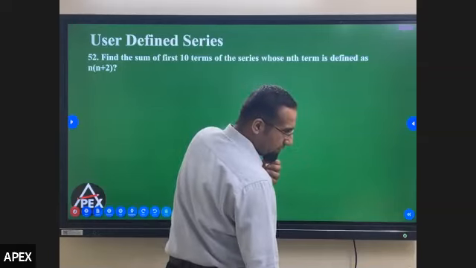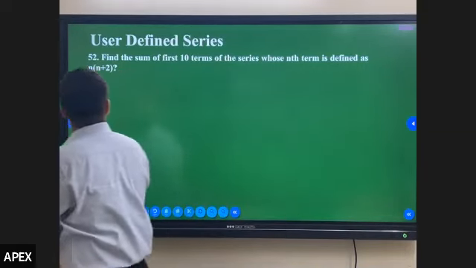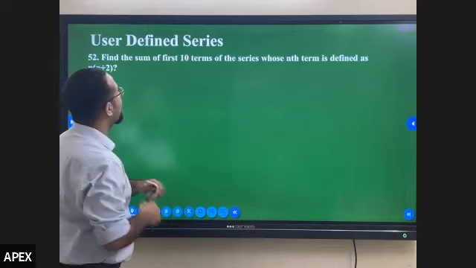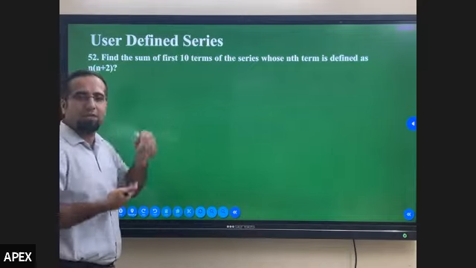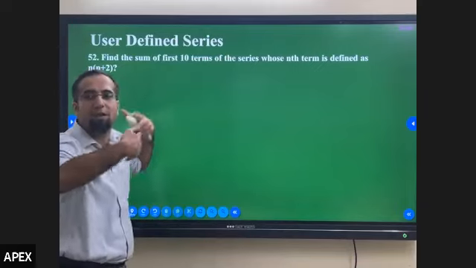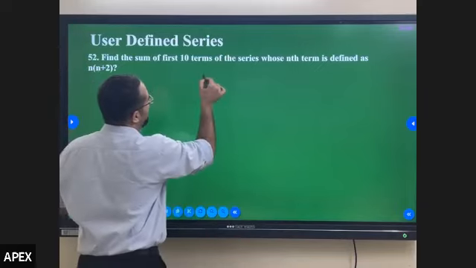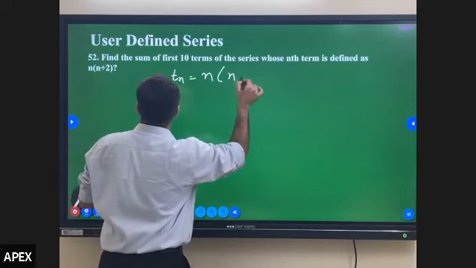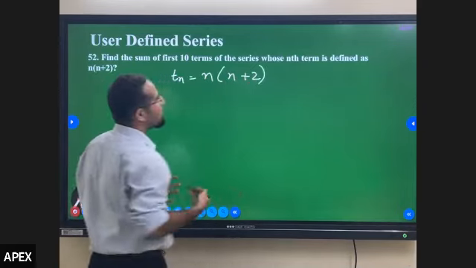User defined 756. Let's understand this. Whenever I have to calculate the sum of such a user defined series, that means I'm already defining a series in which every term is equal to n into n plus 1. Let me explain what the summation of this series is.